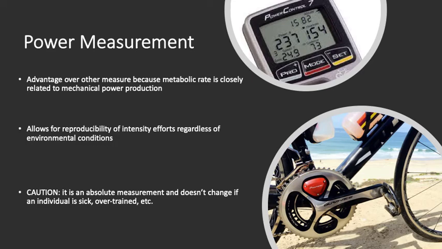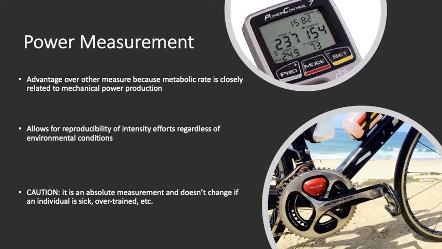Heart rate and RPE are susceptible to environmental conditions. So if it's hot outside, heart rate will be higher and your RPE will be higher. However, power is always the same. It's an absolute number. So in this case, it's not susceptible to other external factors, which is good, but you also have to be careful because if you're prescribing power, it